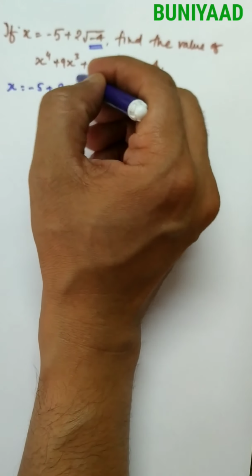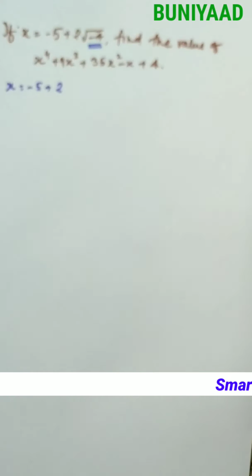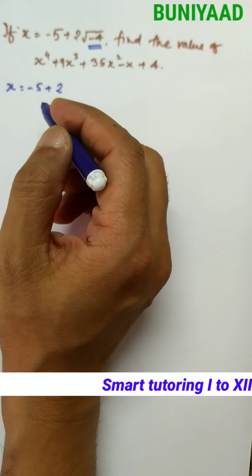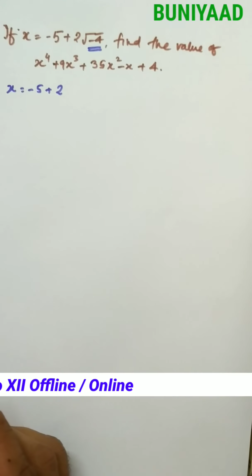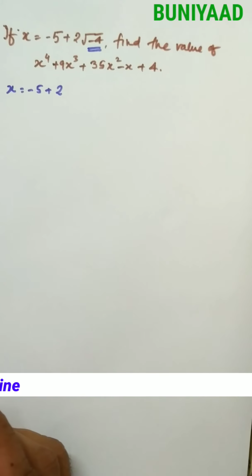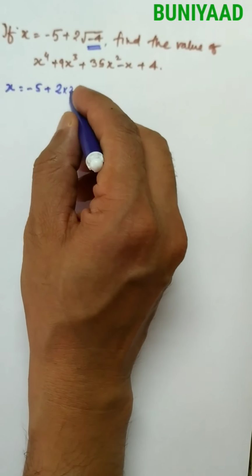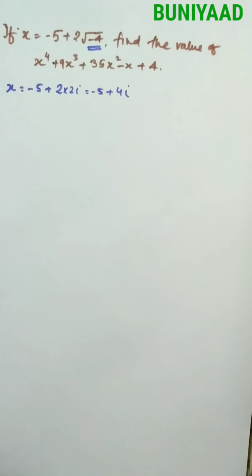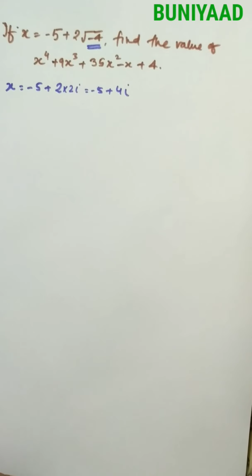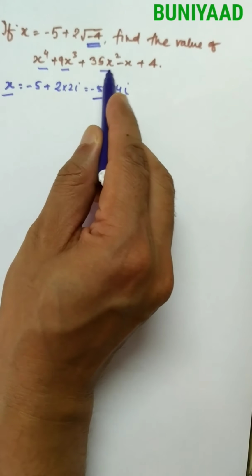You know this root of minus 4, what is that? Root 4, you know that is 2. But if it is root of minus 4 here, you know root of minus 1 is iota. Then root of minus 4 will be root 4 iota, and root 4 is 2. So we can say this is 2 iota, or it will be minus 5 plus 4 iota. Right? You got it? So one method is you just put the value of x in this equation.